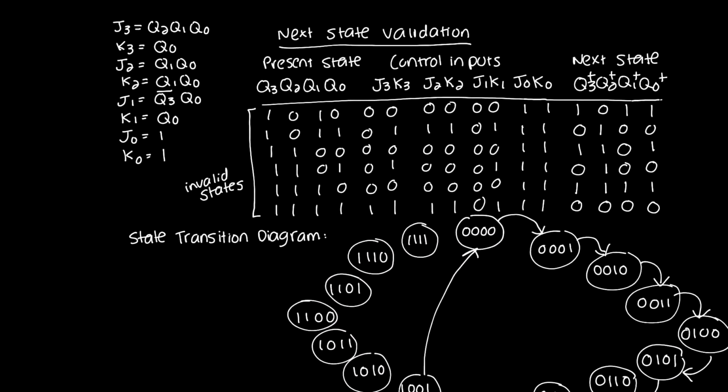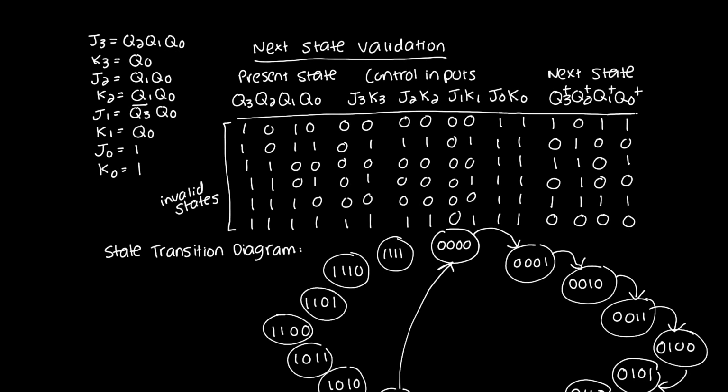And recall that when I drew up my excitation table, I said that I don't care what the next state was. But in fact, I actually do care. I want to know what the next state resolves to. And I want to make sure that if my flip-flops power onto one of these invalid states, they find their way back into the valid counting sequence. So what I did here was I wrote down all my invalid present states,